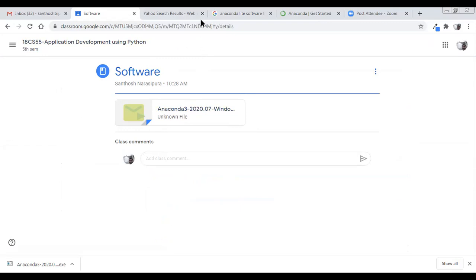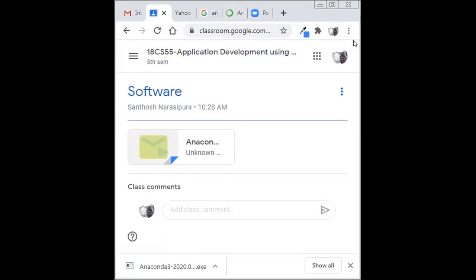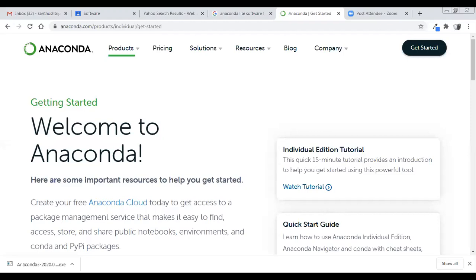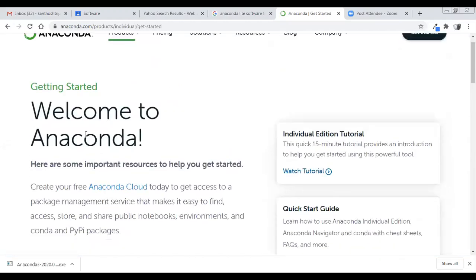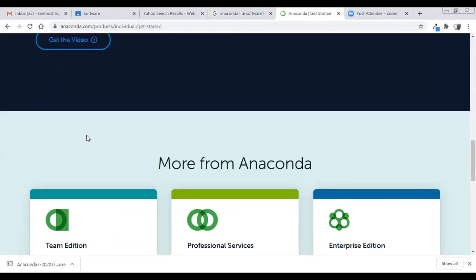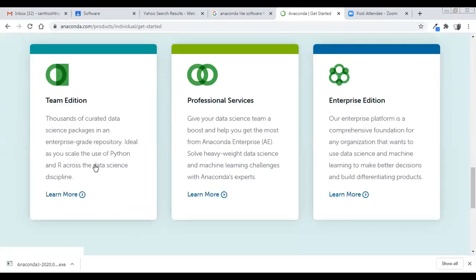Otherwise, if you want to install directly from online, go to anaconda.com and click the download button. It will show some of the versions.